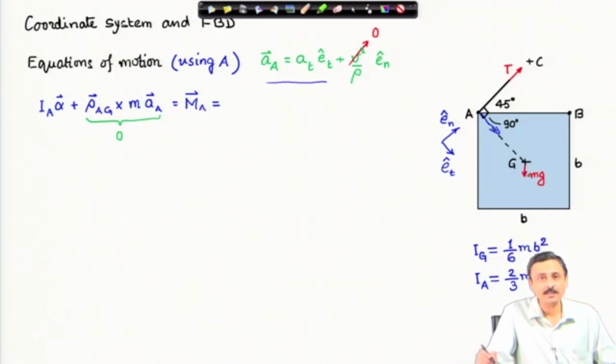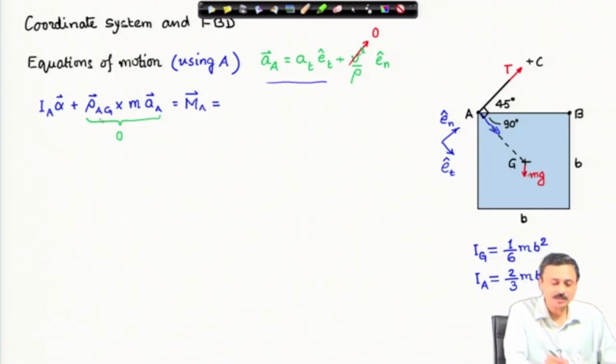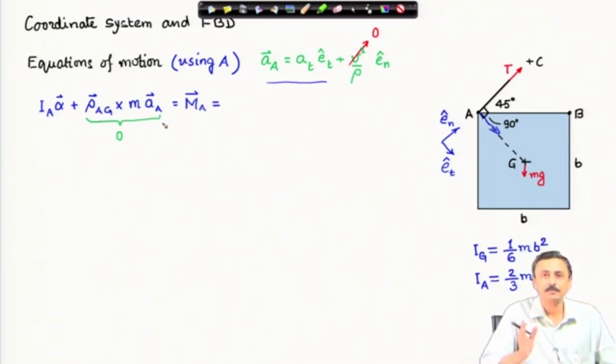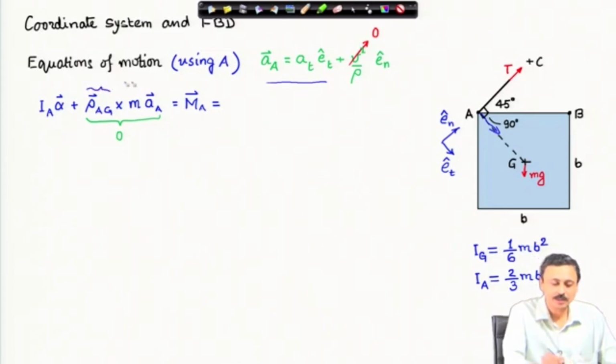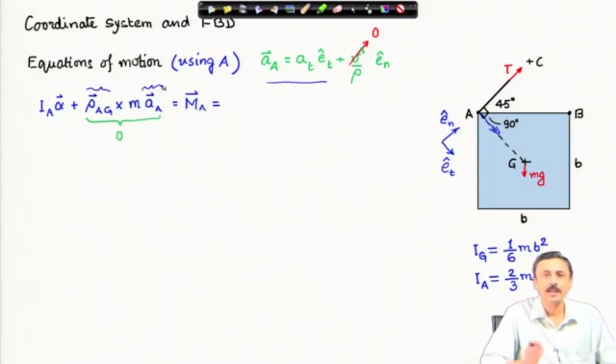And remember that this leads to a simplification, because rho AG and acceleration of A, these two vectors are co-oriented, they are in the same direction. Therefore, the cross product will vanish,